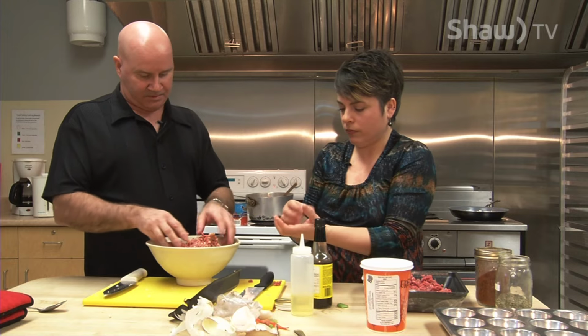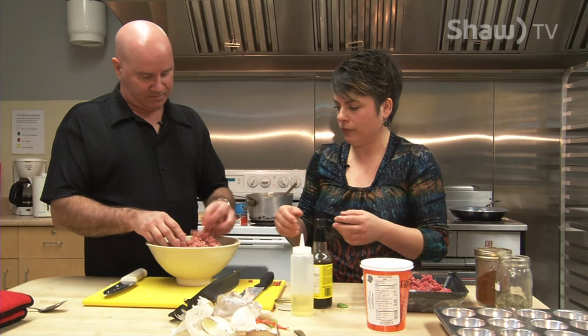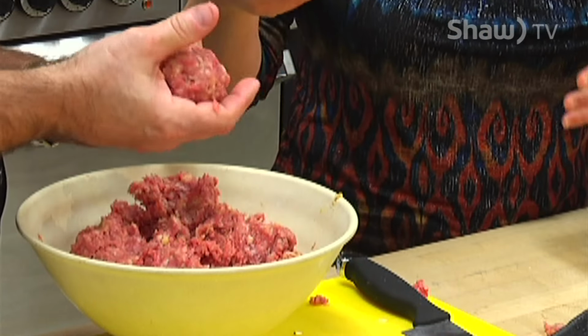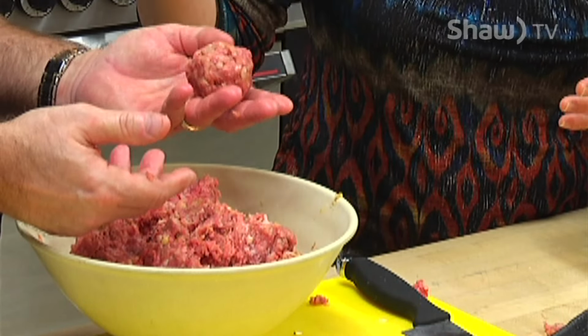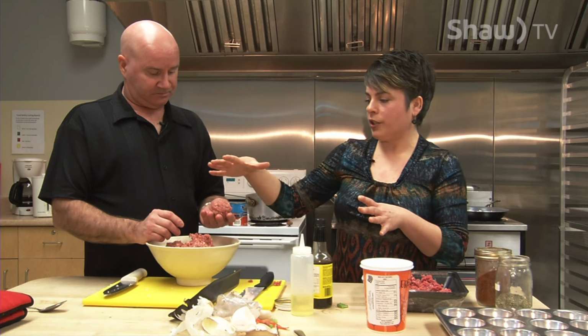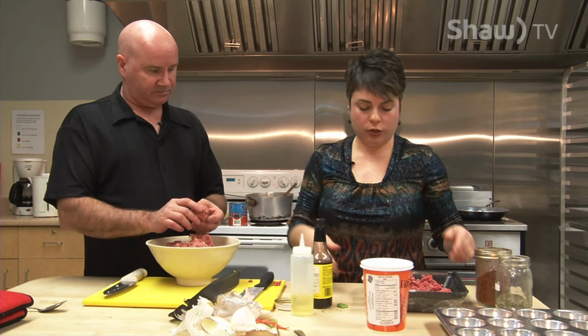Okay, so form a bite, not too big. How big do you want your meatballs? Is that a good size meatball for you? That's a good size. So there's your meatball, put it on a tray, but we're going to show you how to do